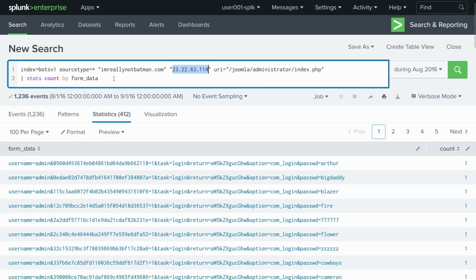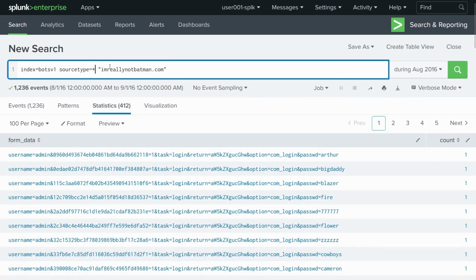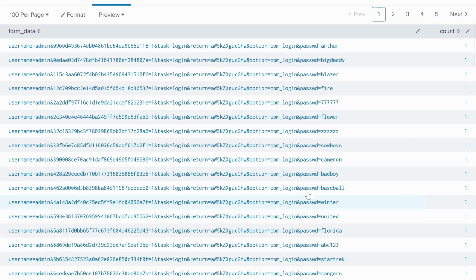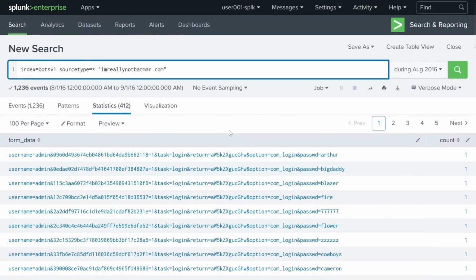And so let's look at all of our source types again. So I'm going to delete all of this, and there we go. And when we're thinking about behavior now, right, so these behavioral indicators, after gaining access to the administrator dashboard on the website, assuming this brute force was successful, well, the attacker, often in these cases with content management systems, will upload some sort of file, like a web shell or a reverse shell,